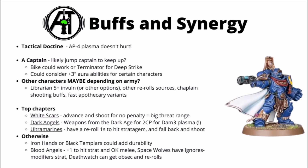If you've got an outlying unit that's nowhere near a captain, that would allow you to overcharge with a lot more certainty. Otherwise though, I feel like basically most of the rest are fine. Iron Hands are very scary in general at the moment and could add a bit more survivability. Black Templars could make them a bit tougher as well with a 5+ invul vow, or maybe even Relic Bearers